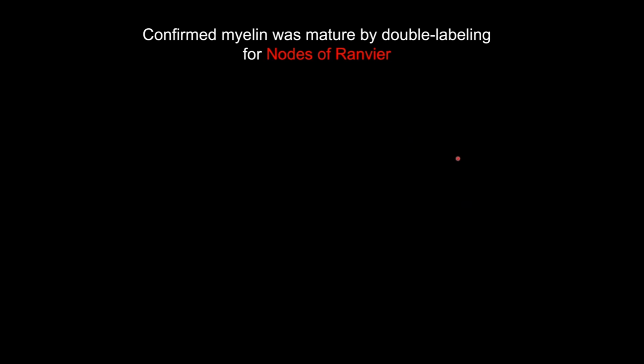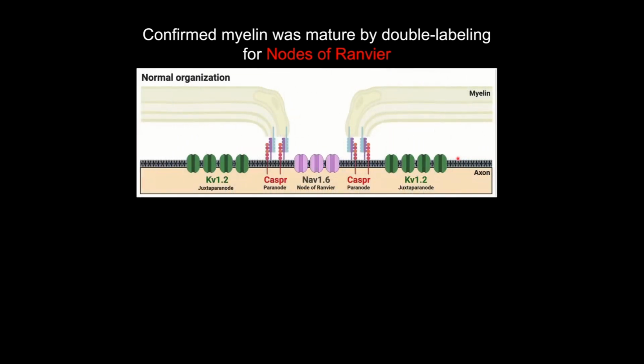If you're familiar with the node of Ranvier, you'll know that nodes are highly complex structures. There are a lot of different connections between the axons and the myelin that are holding the different profiles and different proteins in place. And a node of Ranvier doesn't form unless there is intact, compact, functional myelin. This is because the myelin membrane at these paranodal loops actually connects with axon proteins called Caspr. And this Caspr myelin connection is what helps keep the nodes organized.